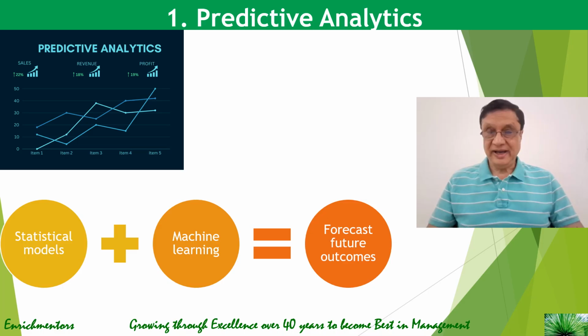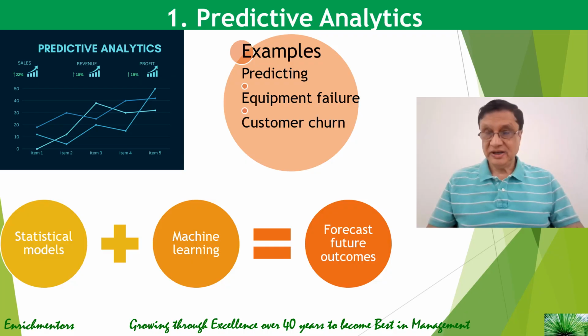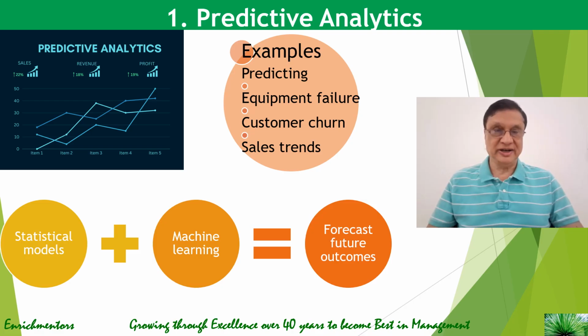Examples are predicting equipment failures, customer and sales trends. Anything for which you have historical data and some parameters or features, you can predict future outcomes